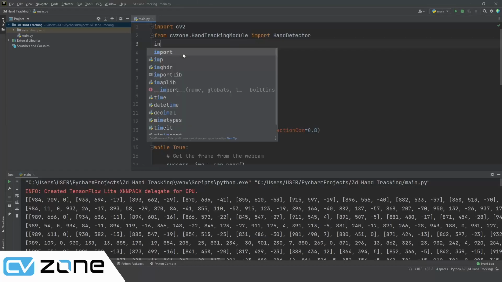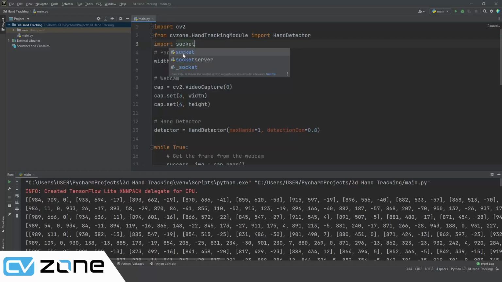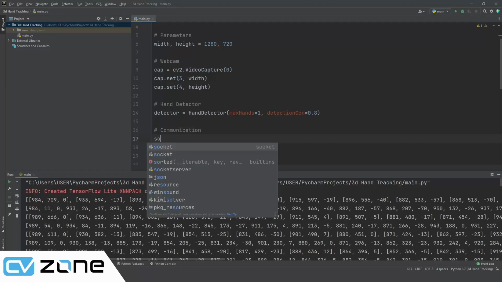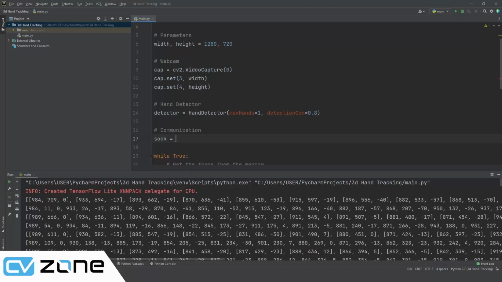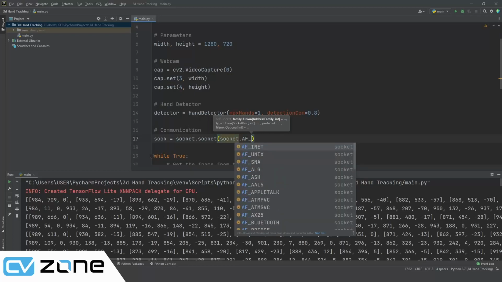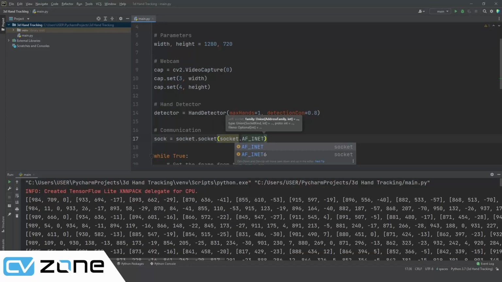We can simply write import socket, and then after the hand detector, let's create our communication part. In the communication, we will name it sock, and then socket.socket, and then we are going to write the family, so socket.AF_INET, and then we are going to write socket.SOCK